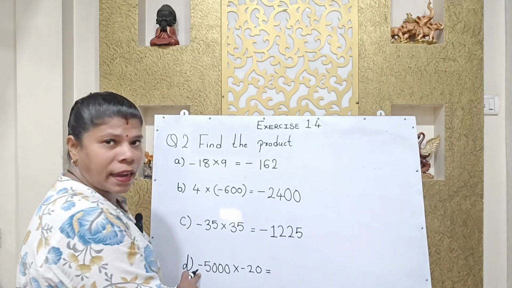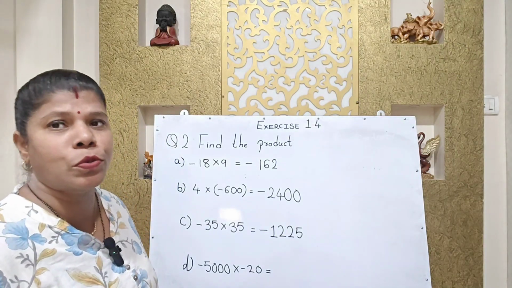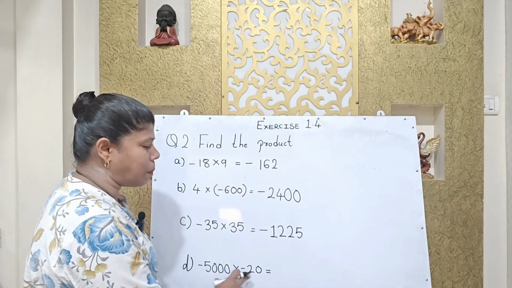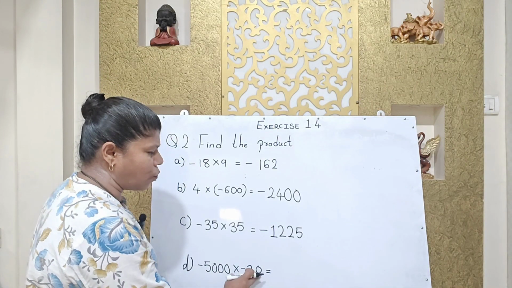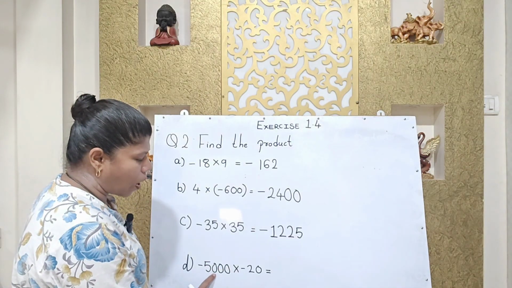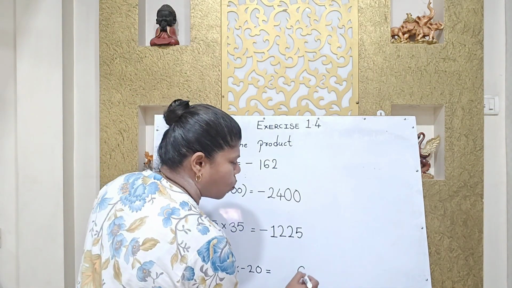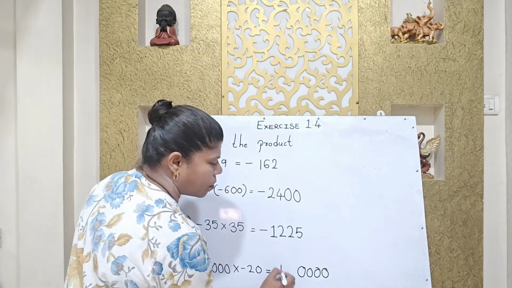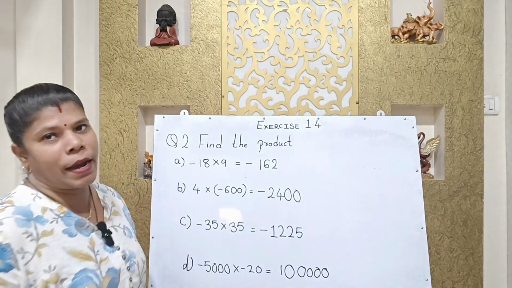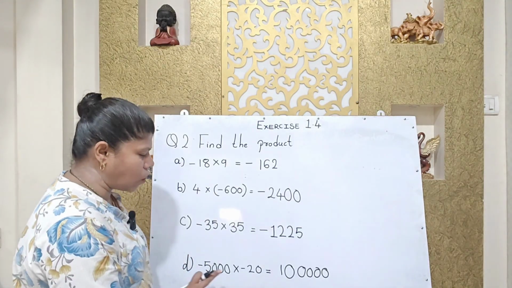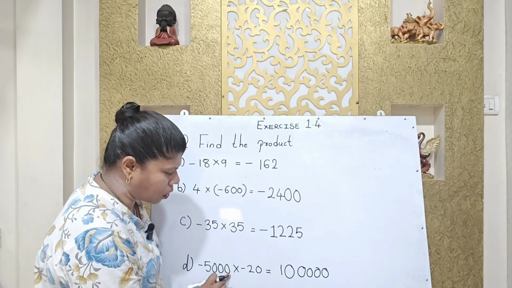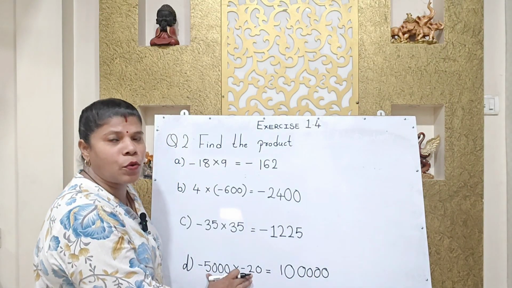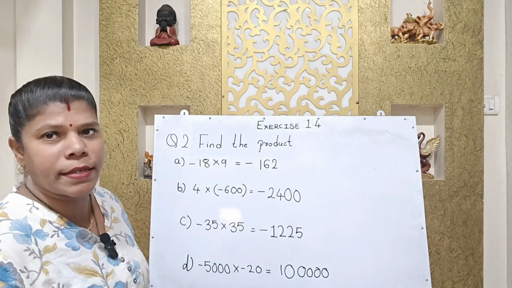Both the signs are negative. So negative, negative, positive, or two same signs always give a positive. So 5000 multiplied by 20. 1, 2, 3, 4. 4 0s are there, already counted. So I have written here 4 0s. And 2 5s are 10. The answer will be 1 lakh. Just count the zeros. Zero count कर लीजिए कितने हैं 1, 2, 3 और 4. पहले मैंने 4 0 लिख लिए, फिर 2 और 5 का मल्टीप्लिकेशन किया. 2 5s are 10. So we can do it easily.